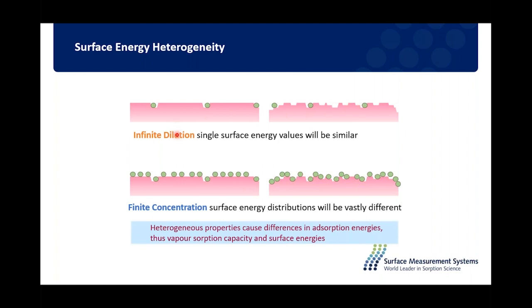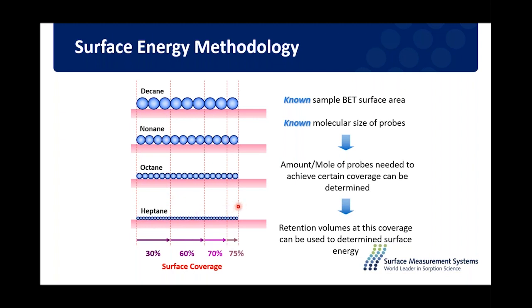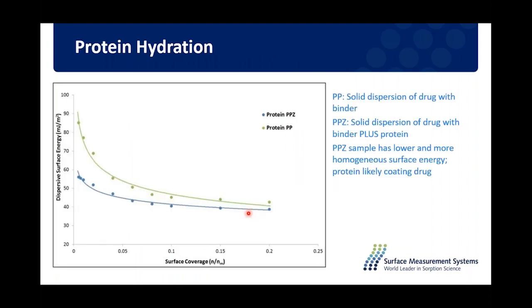If I only look at one singular surface coverage, which is where we vary the ratio of the probe molecule to the surface, I might get the same answer. But these two surfaces are different. If we investigate the entire surface, we can see that these two surfaces look quite different. How we do that is we do a series of experiments at fixed surface coverages. Essentially, we inject enough molecules to theoretically interact with different fractions of the surface. We can do a range of experiments over a range of fractional surface coverages, and that allows us to build up what we call an energetic heterogeneity profile.